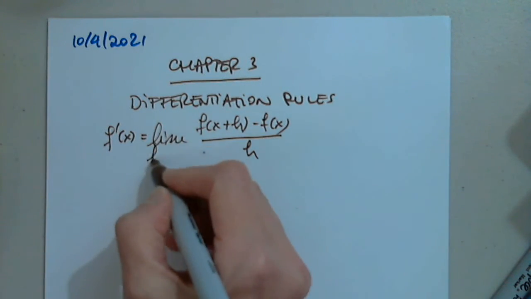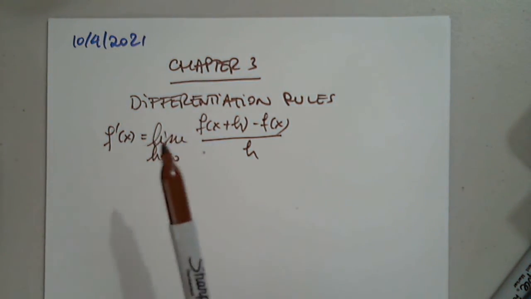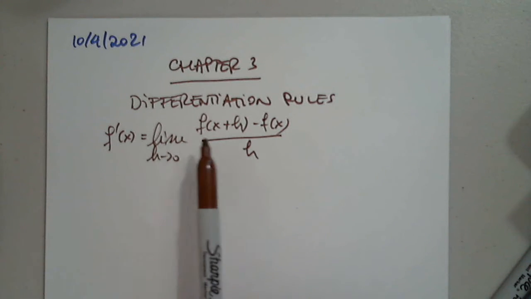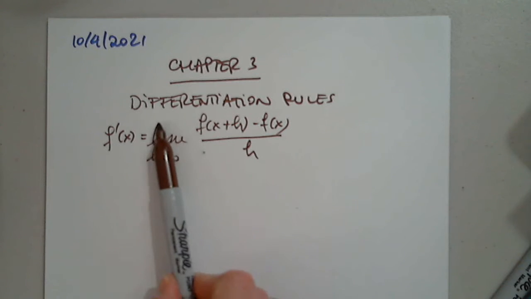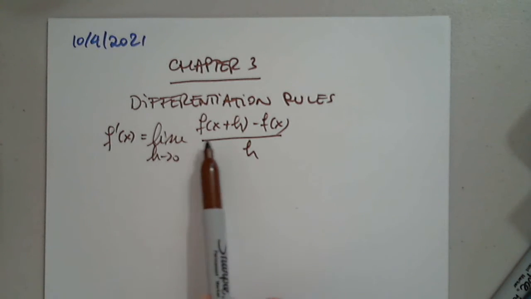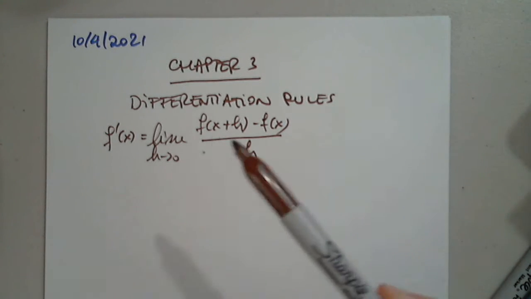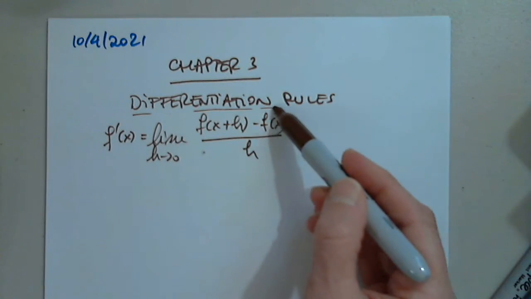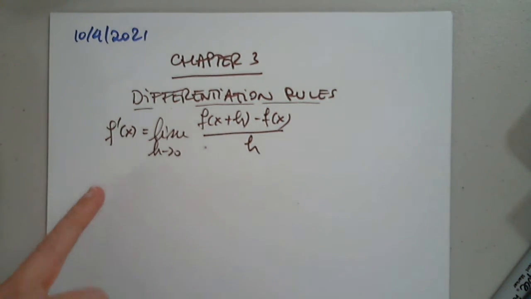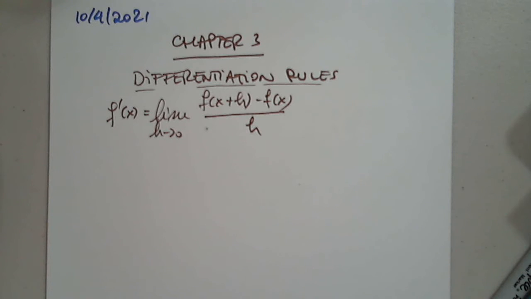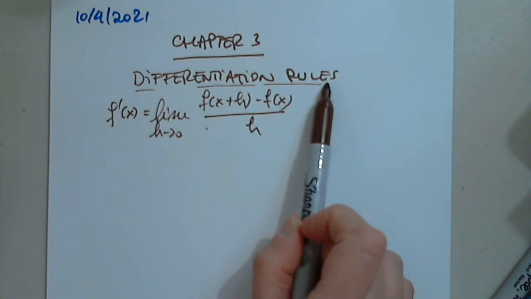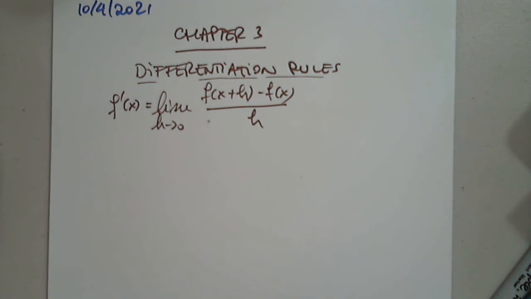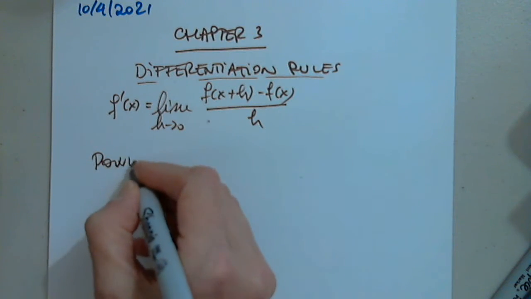If you don't apply the limit, as we discussed, the derivative is a combination of two concepts, the difference quotient and the limit. If you do not put these two together, you cannot find that. But this time, we're not going to use the definition. We will, because I want to show something every now and then, but this time we're going to go directly to differentiation rules. So here is one, which is the power rule,